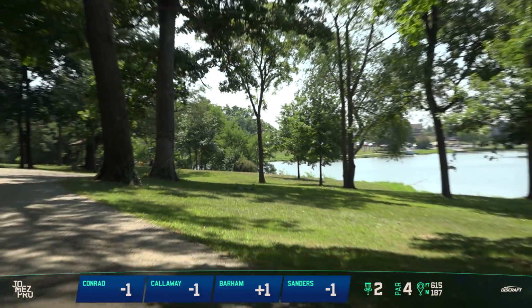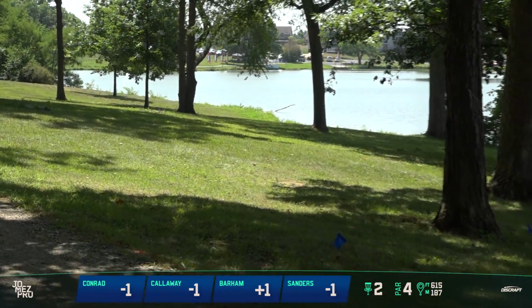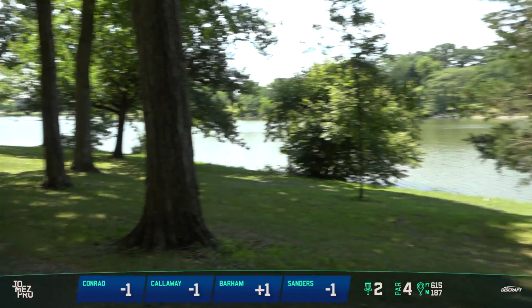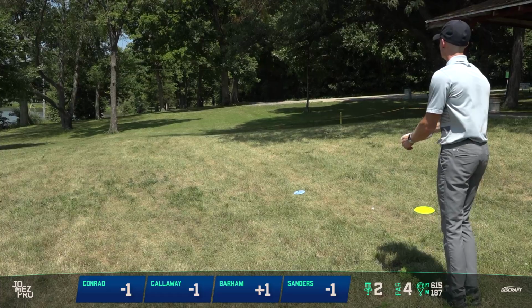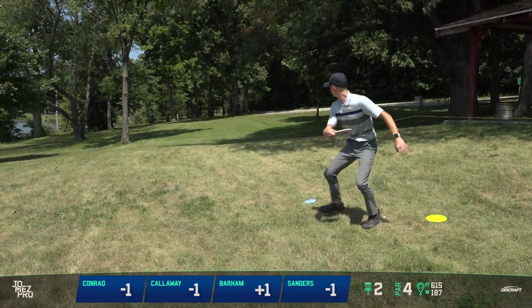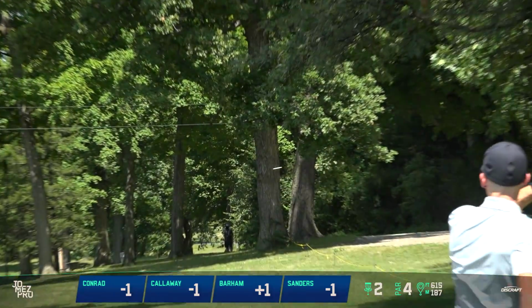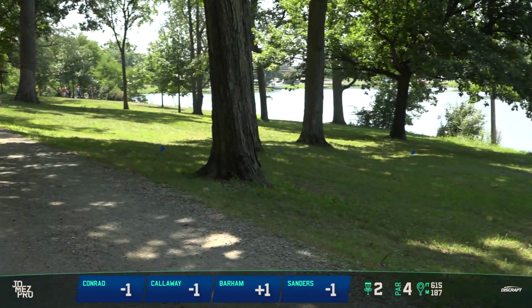And this is tracking to the OB on the right side. James looks like, wow. My goodness, he hit the edge of the path or hit something, but that was a great break. Yeah, and it looks like he'll just be laying up from there. And then this is really where you want to be. You got the look at the basket. You can go with the hyzer right there, or you can toss a little forehand low. The problem is he's just...